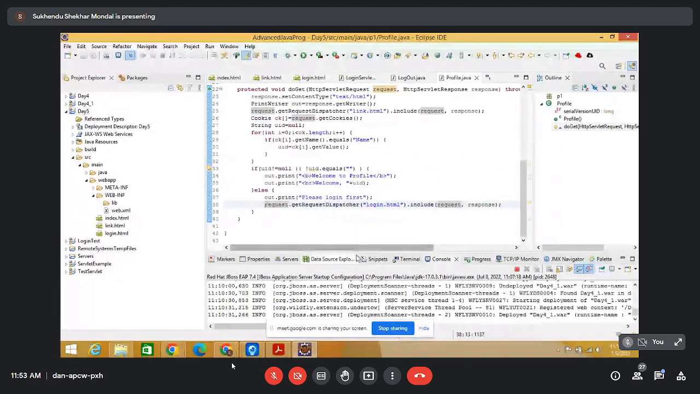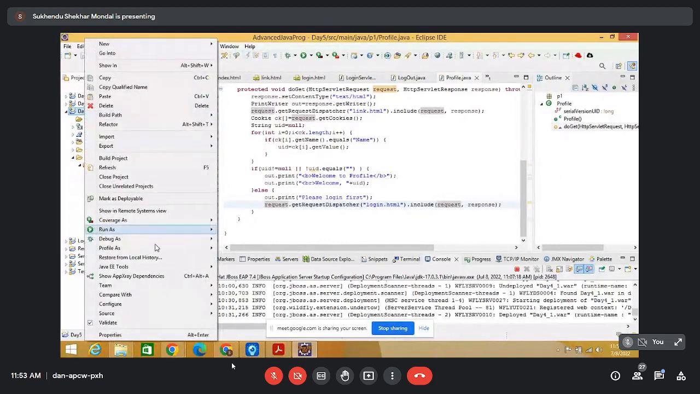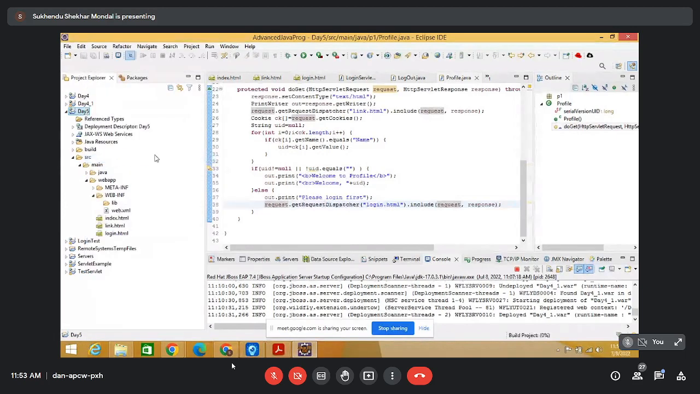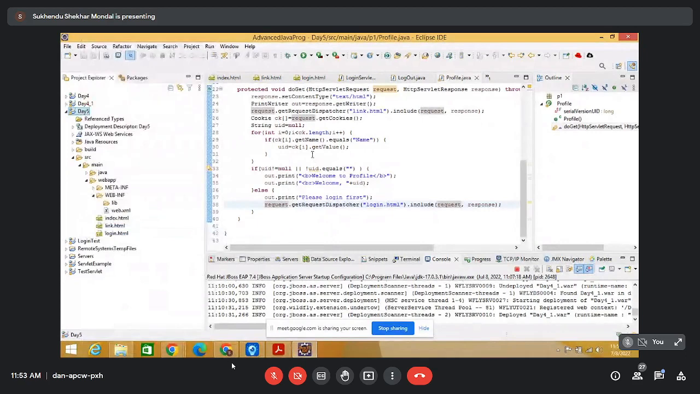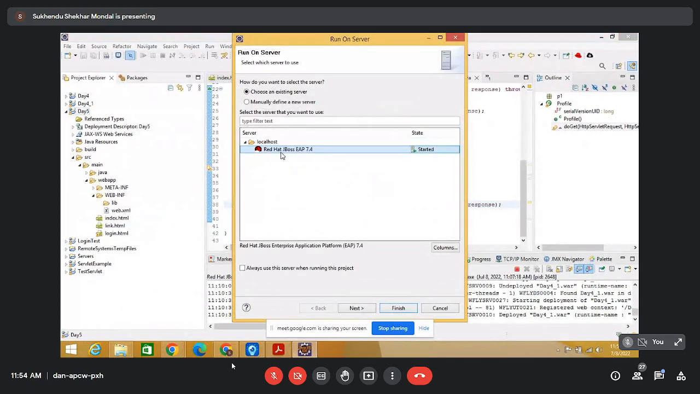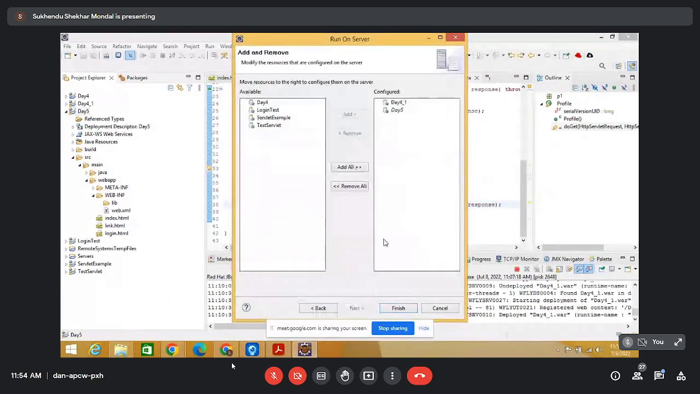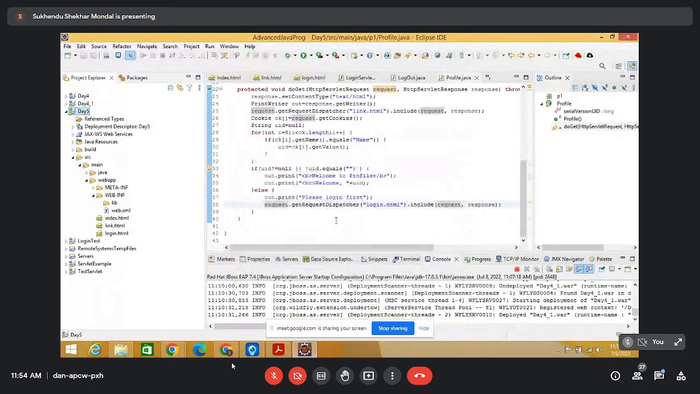এবার দেখা যাক এটা রান করে কিনা। প্রথমে আমাদের এটাকে বিল্ড করতে হবে। রাইট ক্লিক করে বিল্ড প্রজেক্ট। সো দেন আমরা এটাকে রান অ্যাজ অন সার্ভার করব। এটাকে সিলেক্ট করলাম, নেক্সট করলাম। ডে 5 ইজ দেয়ার, আর বিল্ড তো করেইছিলাম, আমি ফিনিশ করলাম।